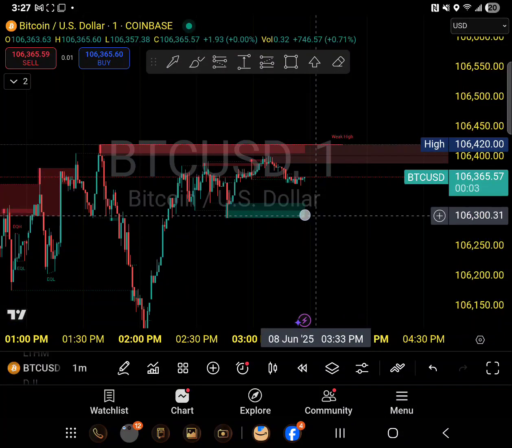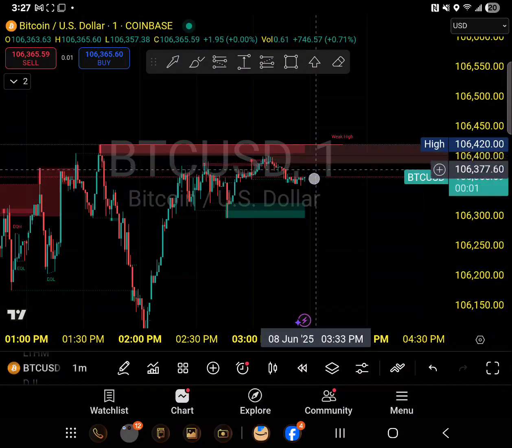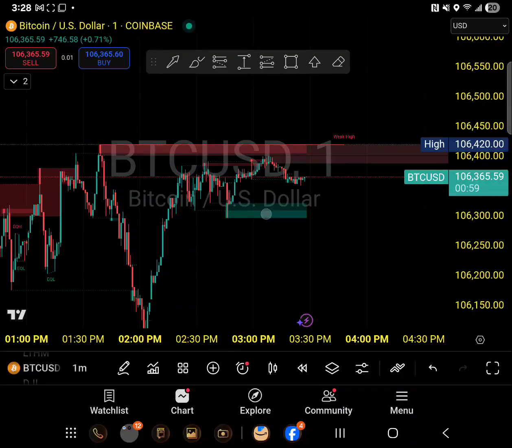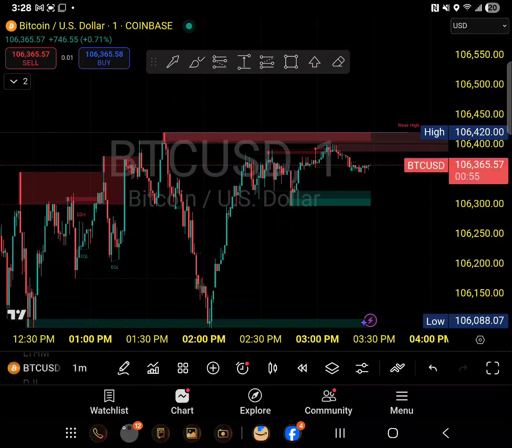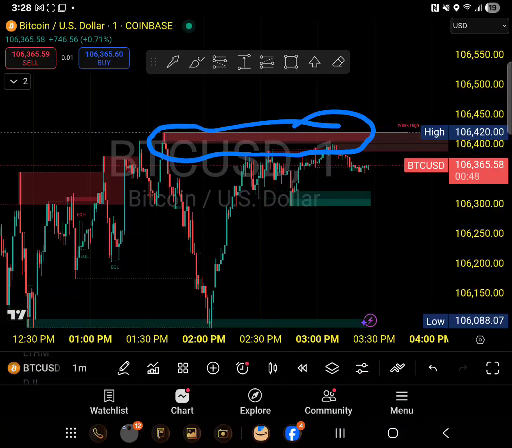So in 1 minute you can see it's not very supportable right now, and it started to see some selling right in this area. This has started to make a bearish zone for any new users. All right, guys. So there is a chance that from here we can see a good sell off up to this point.